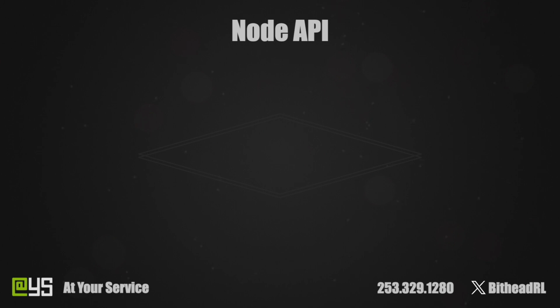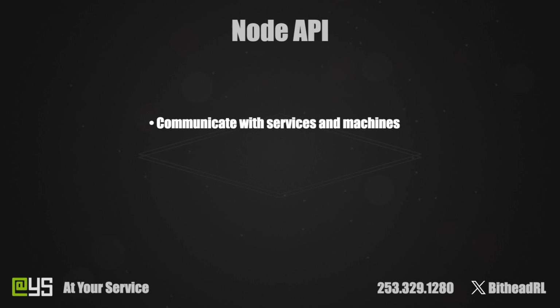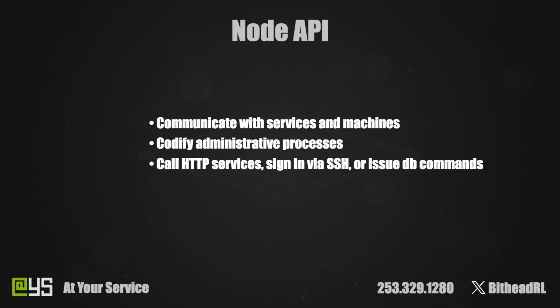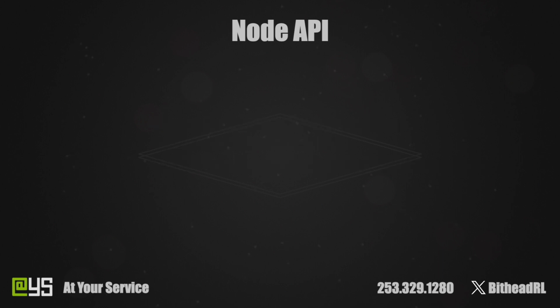Introducing the Node API. The Node API allows you to communicate with any service or machine remotely. Now you can codify processes that heal, configure, and update your systems. AYS provides a powerful API with no constraints to make HTTP requests, sign in using SSH, or issue database commands with any Python-supported library. In this example, I'm going to show you how you can remotely update the firmware of